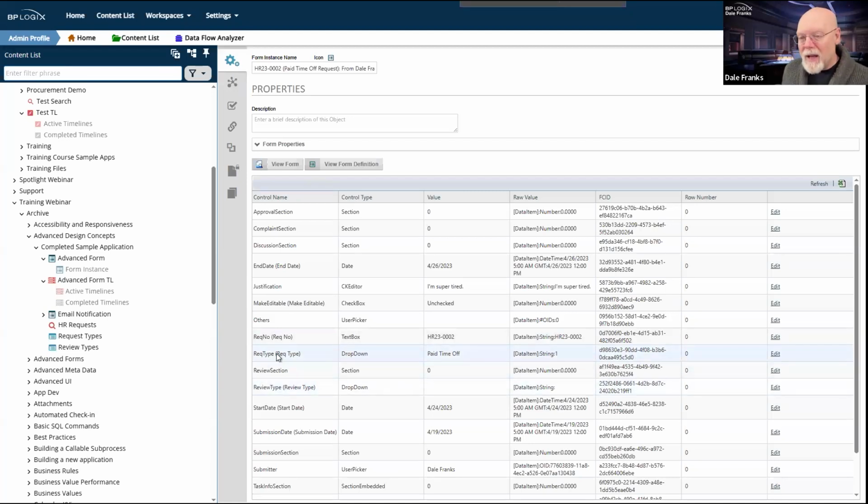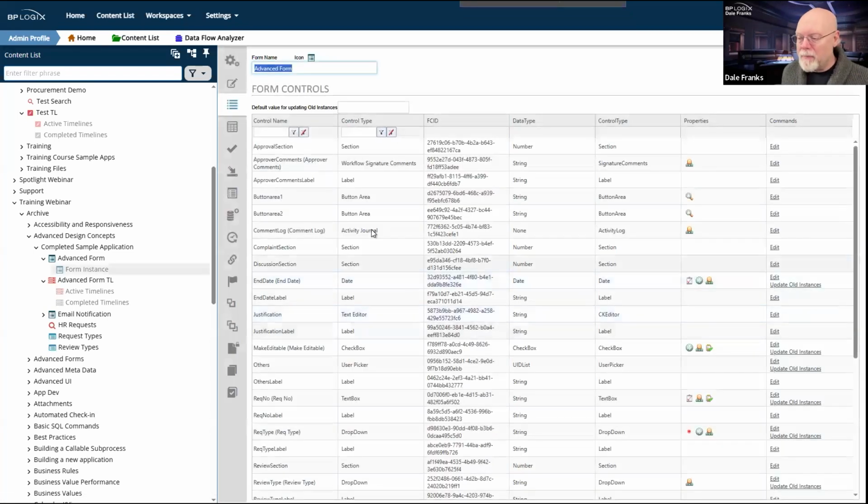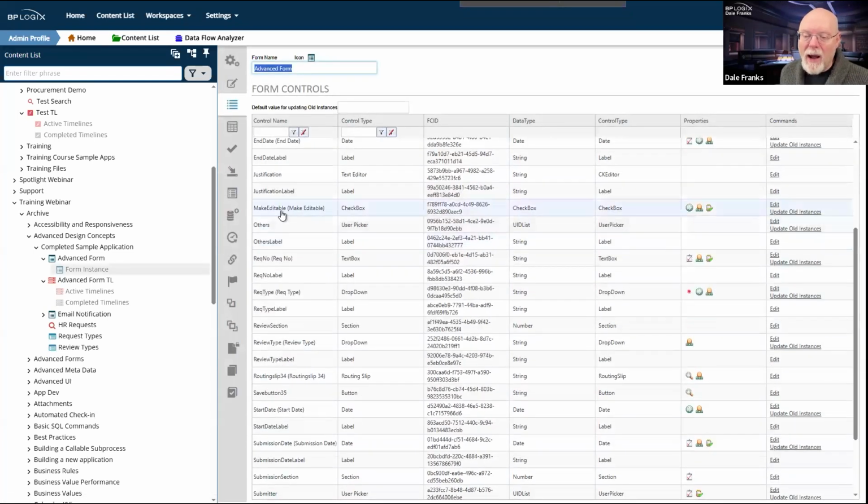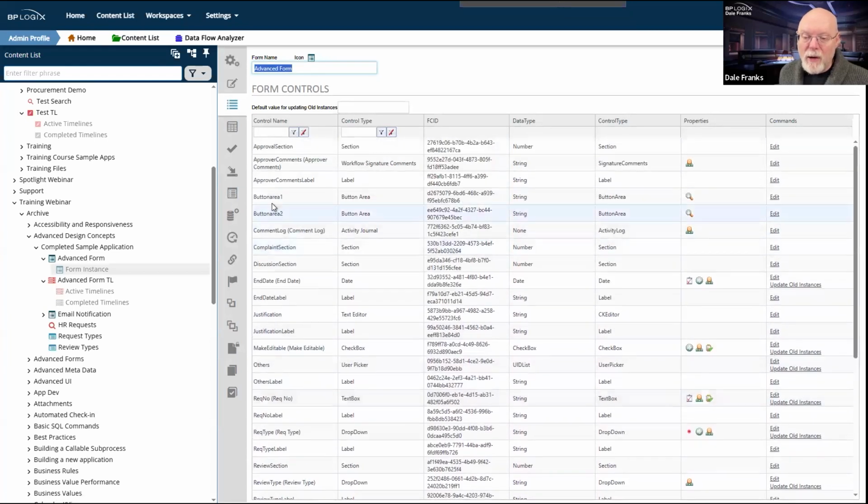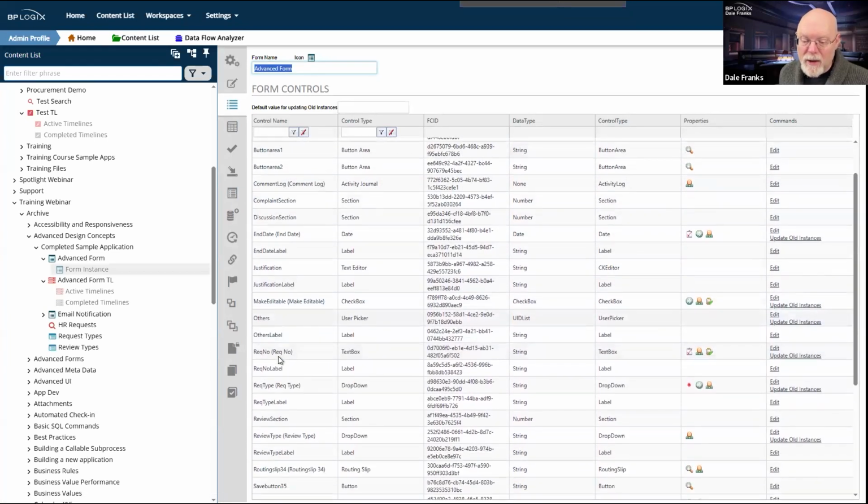Now, being in the form instance probably is not going to help me a lot, but I can click the view form definition button, and now I can go and find that particular field, which was request type right here. I have this drop down, which also, by the way, tells me the form control ID. So I guess I could just go straight here and search here as well.